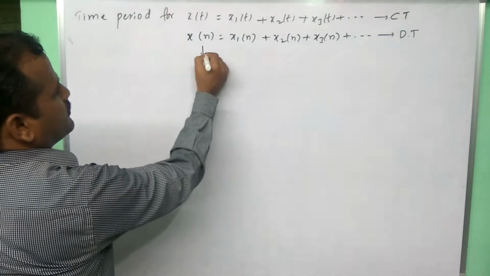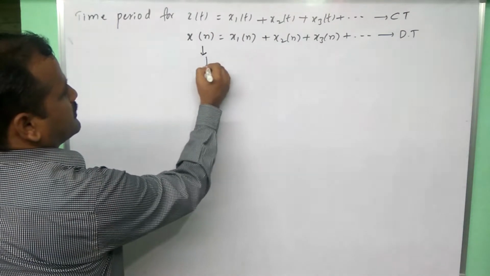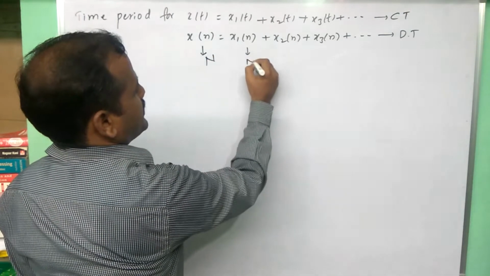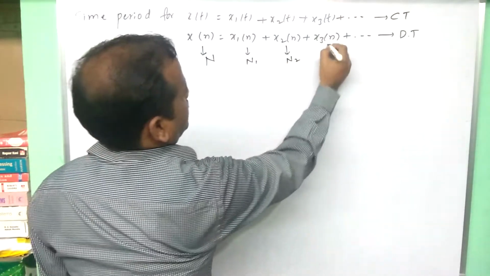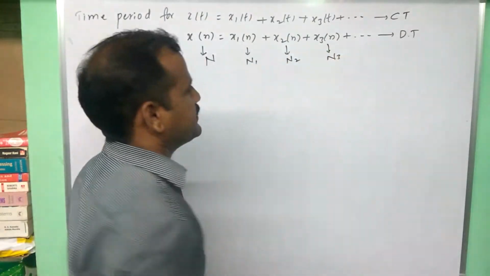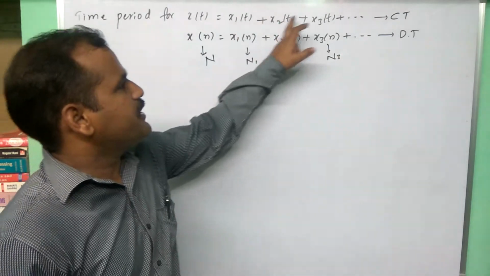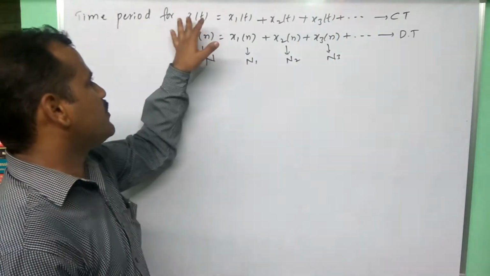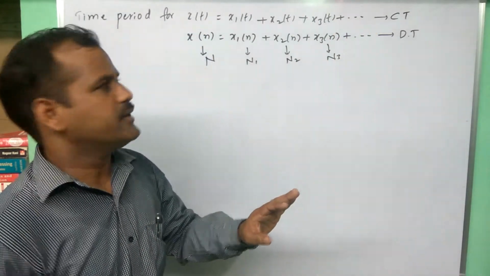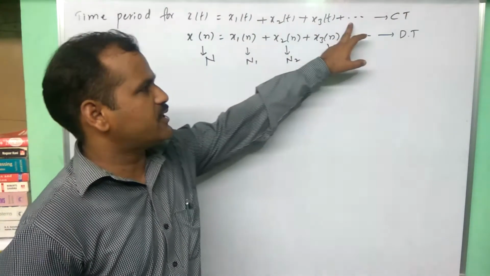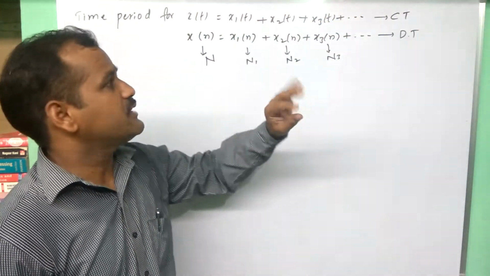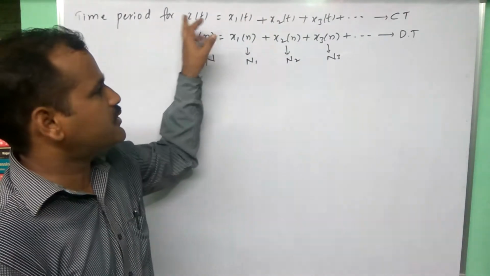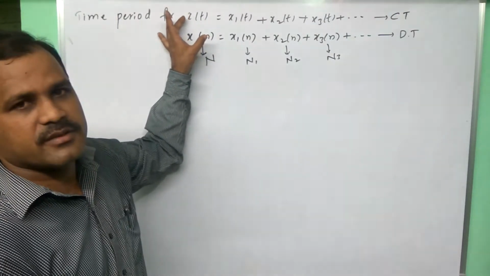That means if this is a periodic signal, then the overall time period of x of n, let us consider capital N, and this one time period N1, this one time period N2, this one time period N3. Here the assumption is that all individual signals are periodic signals. If any one of these signals is non-periodic, definitely the overall signal is non-periodic, no doubt about it. Only under the assumption that all the signals involved in this addition are periodic, we should confirm whether this signal is again periodic or non-periodic, we don't know. So we have to see the procedure to find whether it is periodic or not.